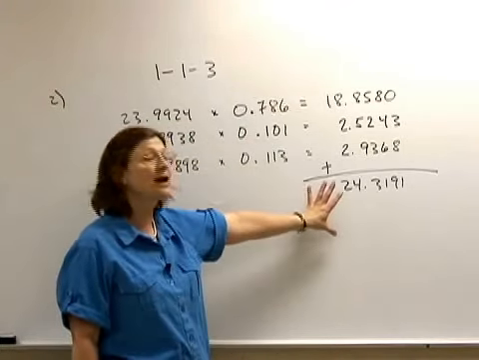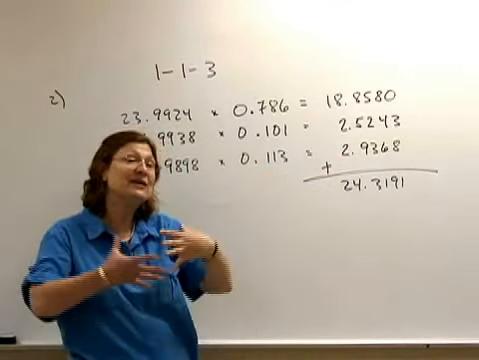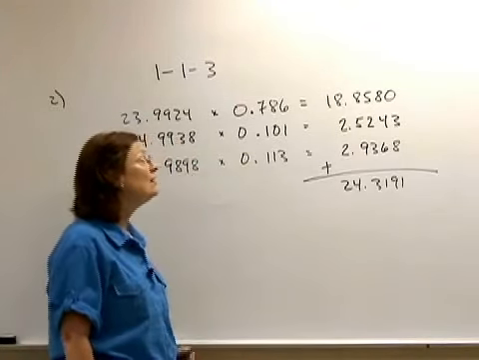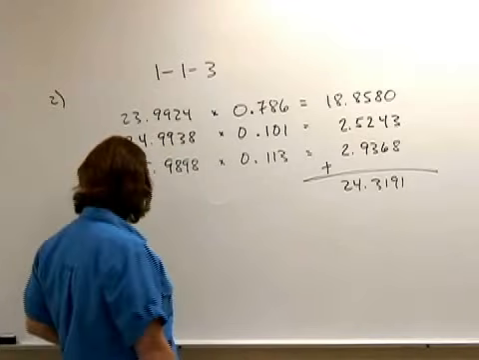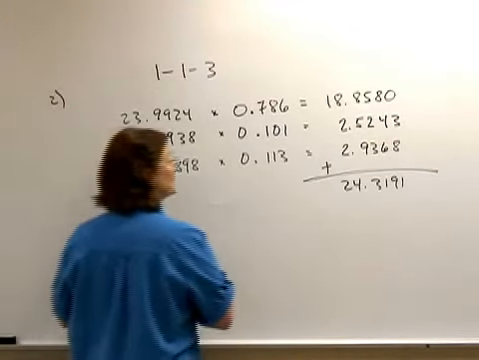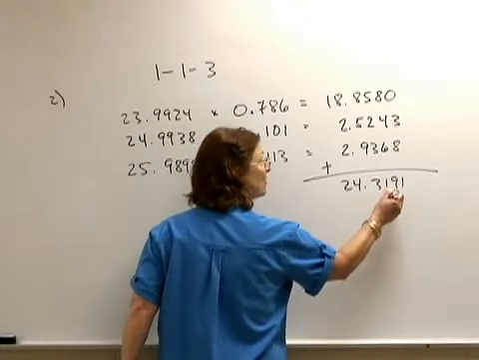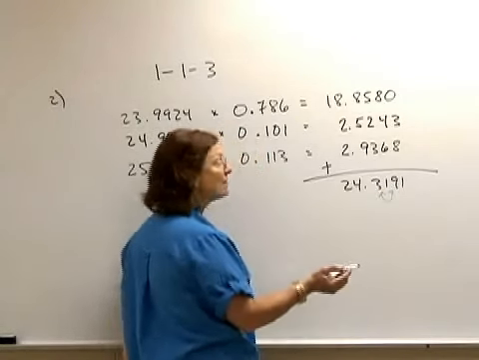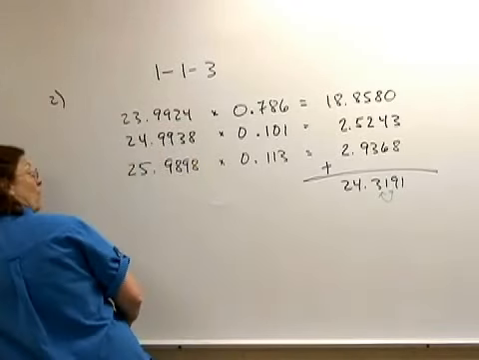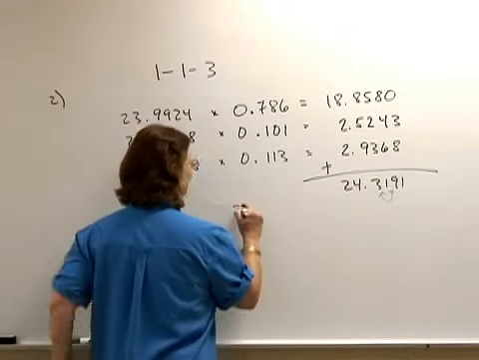Then we add the 3 up because the 3 together give me the whole pie, and I get a mass of 24.3191. And then I round to the tenths place, and the 1 does not round the 3 up. And therefore, our final answer is 24.3